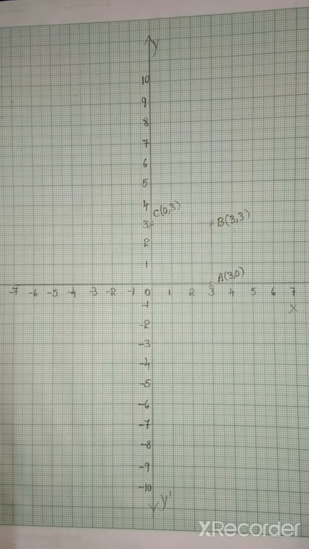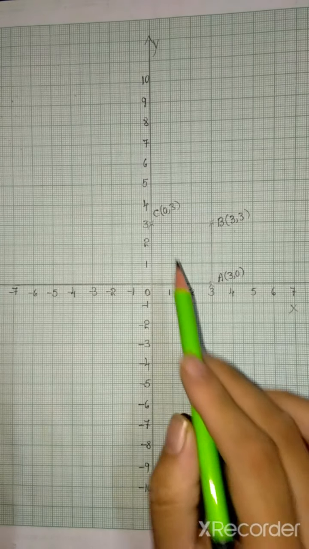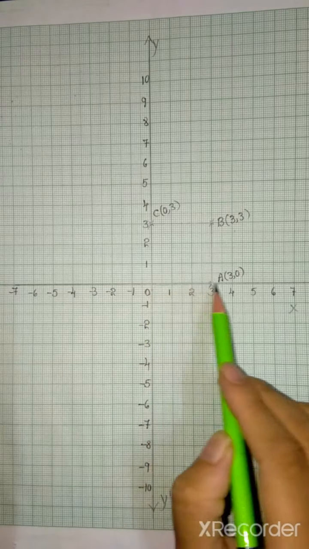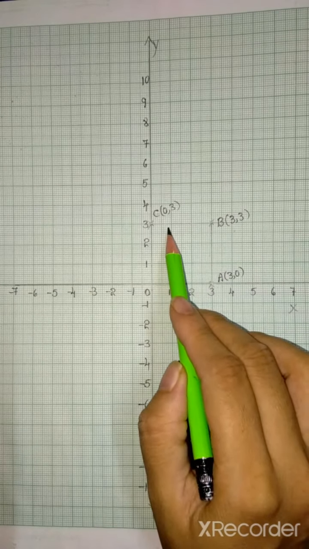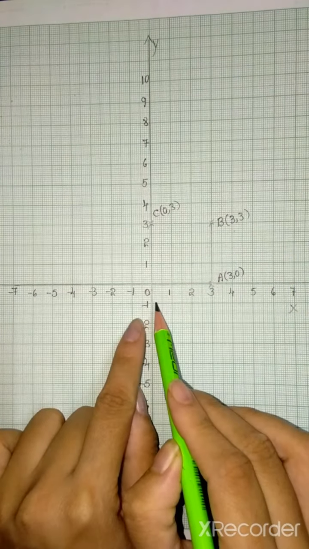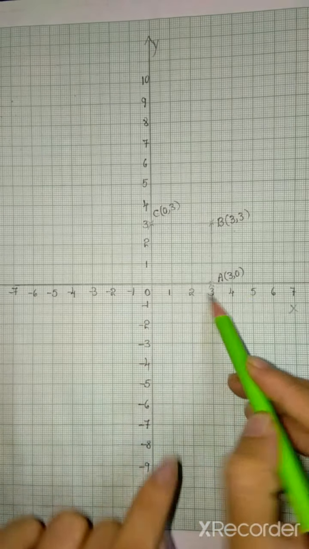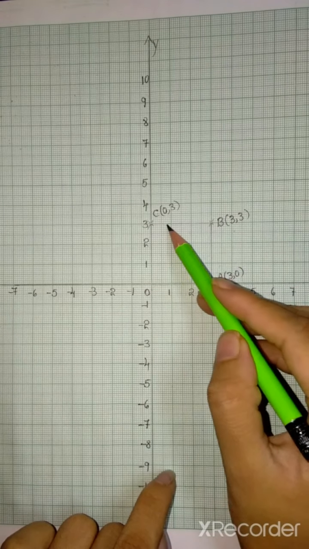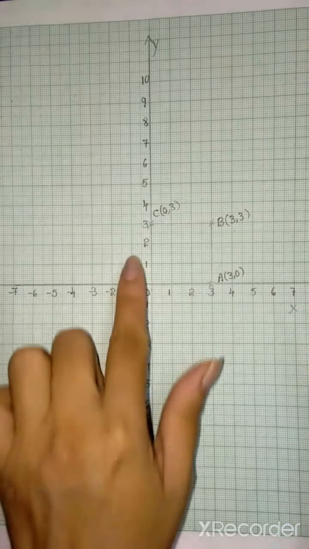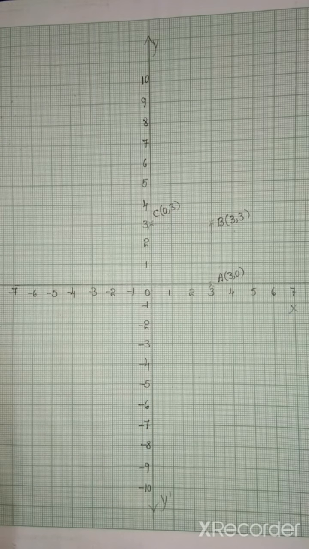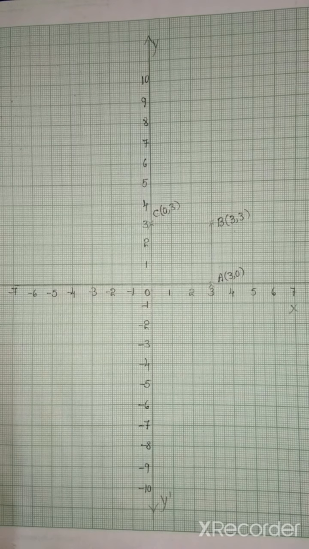So which figure did we form, or what is the figure formed? So here in this graph the quadrilateral OABC is a square, because how many centimeters are here, 1 2 3, and here also 1 2 3, 1 2 3, 1 2 3. So everywhere its length is 3 centimeters. That's why the figure formed here is a square.